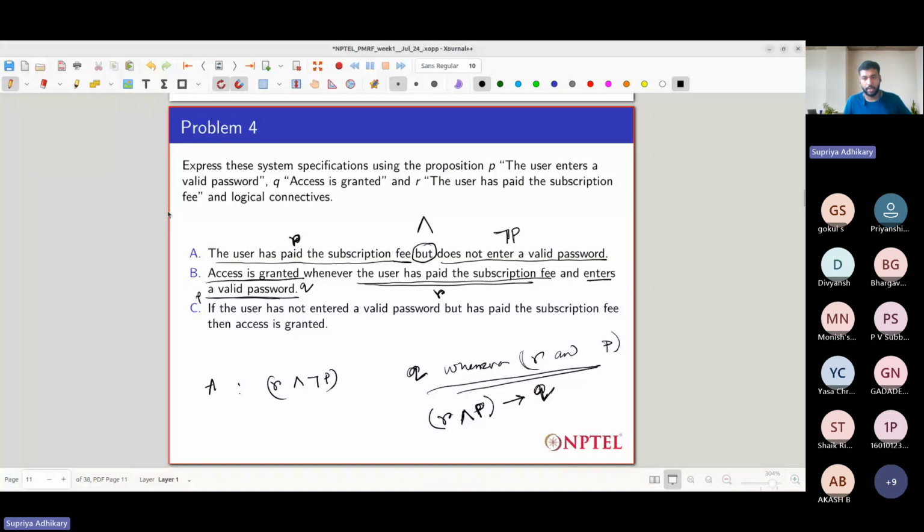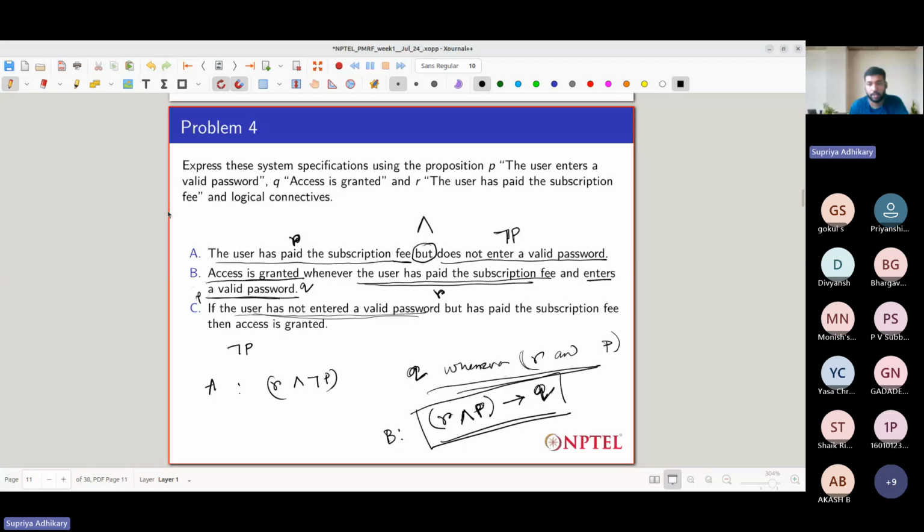So we can write it like this: R conjunction P implies Q. So this is statement B. And finally, we have: if a user has not entered a valid password. User enters a valid password, that was our proposition P. So over here, this should be not